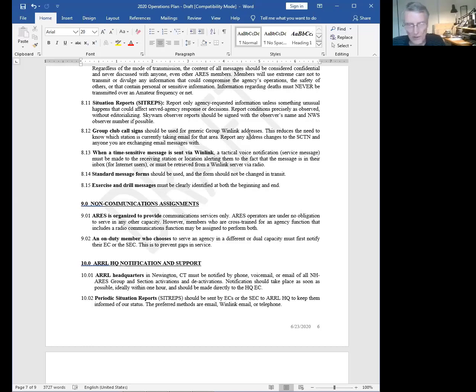Unfortunate problem is we don't know a lot of those, and they tend to change. An EC or an emergency manager changes, and he changes all the addresses, or she. So that's an issue for us, broad stroke. We've all got it. I don't know if there's an easy solution. I think, for us trying to change that would be like the tail trying to wag the dog. But if we can get people at the state level, and VOAD, talking about standardized email addresses that can stay in an address book forever, or as close to forever as we can get in this world, that would be very valuable to everybody during an emergency.